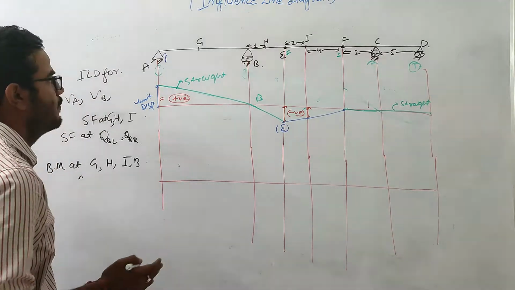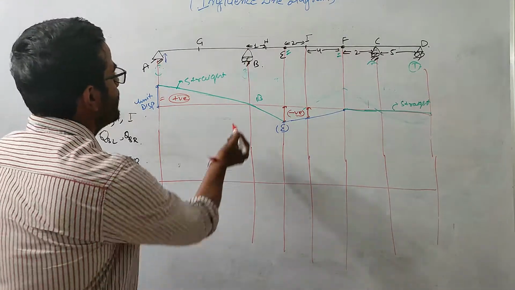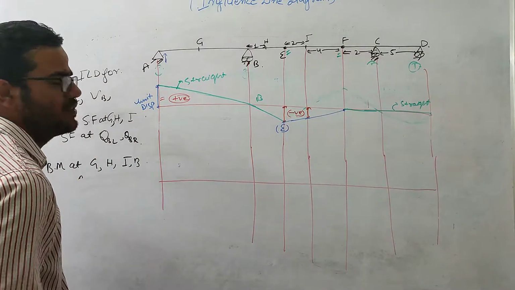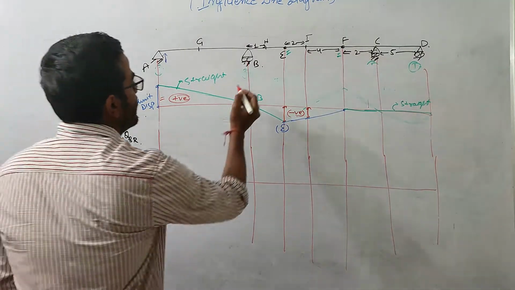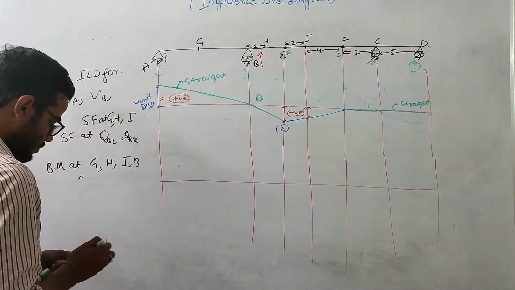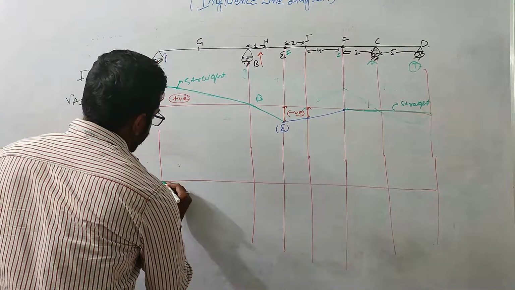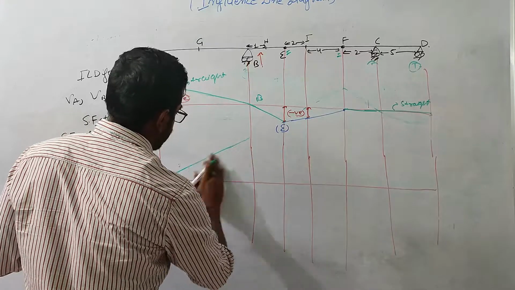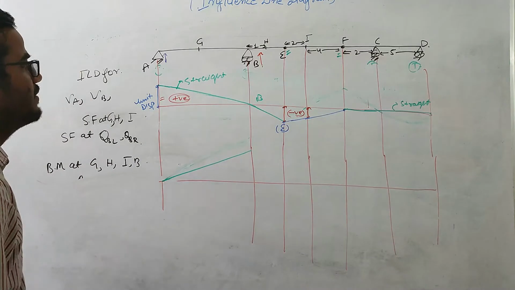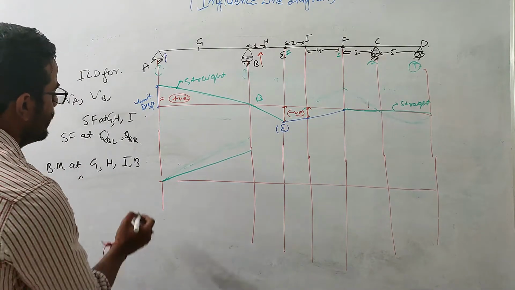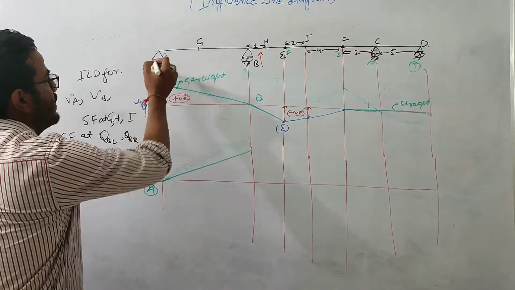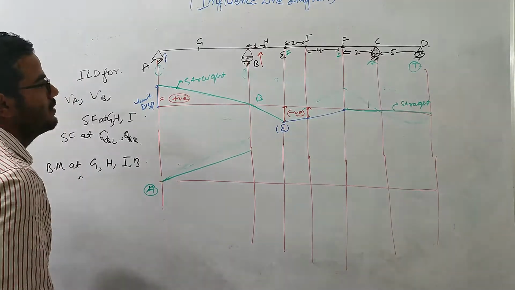So for that, the simple thing I need to do is release the vertical component at B. So we need to give some unit deflection along the direction of B. Let us suppose that the vertical reaction at B is acting like this. It will deflect like this. At A, this deflection diagram is maintaining the boundary condition. At A, the deflection will be 0 because the A support will not allow this beam to move upward.